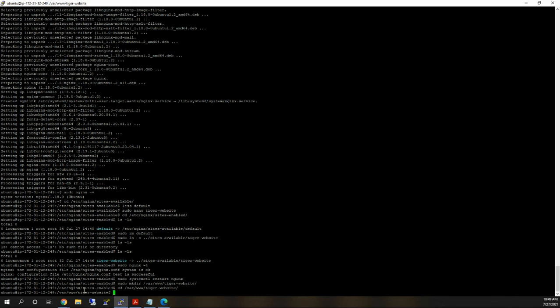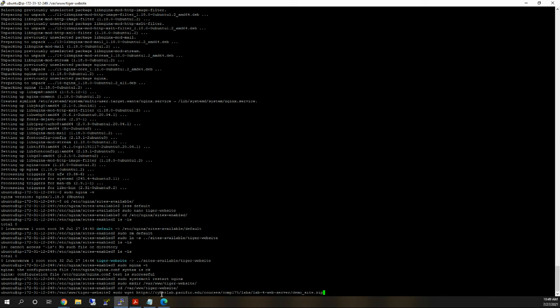So now we're going to work in this Tiger website directory, and we're going to get a zip file that's going to be placed in here, and we're going to use the sudo command because we have to download this file as the root user, and then wget,